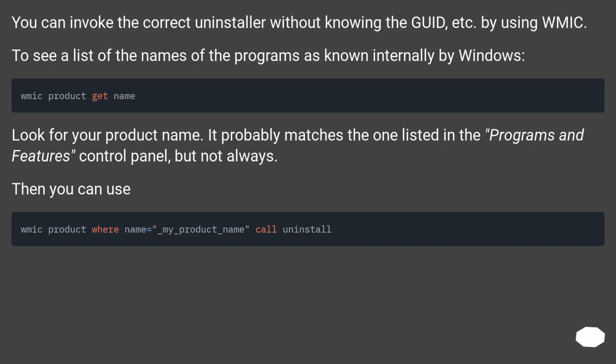You can invoke the correct uninstaller without knowing the GUID, etc. by using WMIC. To see a list of the names of the programs as known internally by Windows, look for your product name. It probably matches the one listed in the Programs and Features control panel, but not always. Then you can use